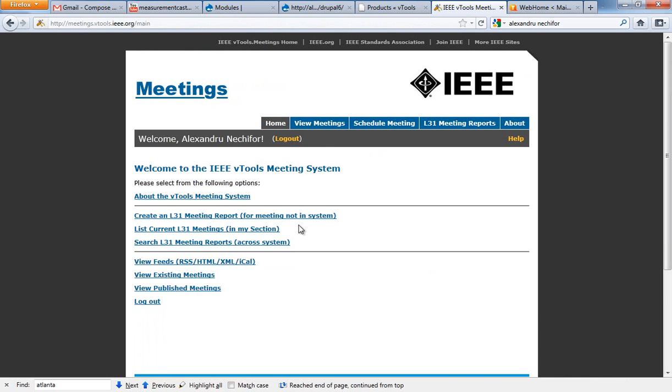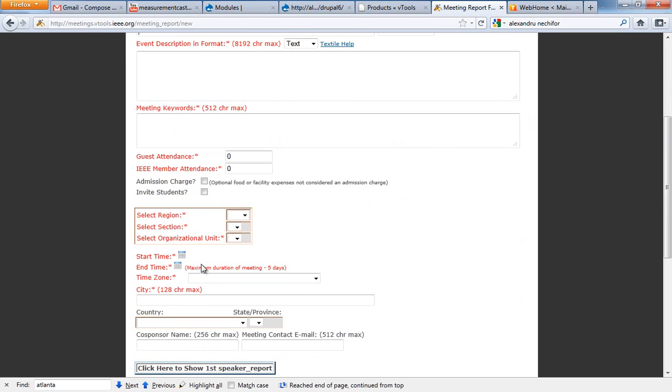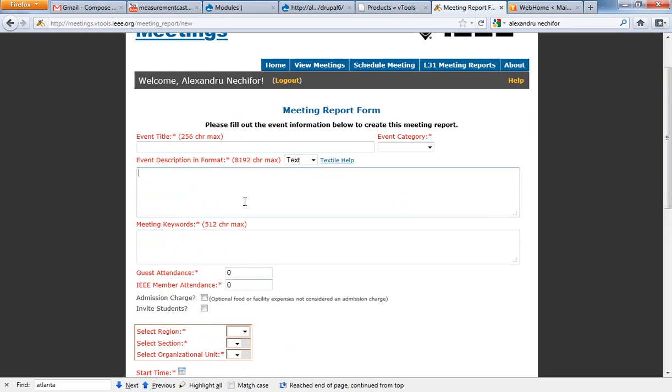Then again, we have create L31 meeting report. So let's say I'm a chapter chair, a meeting just finished. It wasn't such a big thing, so I would schedule a meeting here with registration. It was just an open event. A distinguished lecturer came to the university. There were like 20 students attending. So I get the chance to report here a meeting that was not previously advertised or announced or managed through